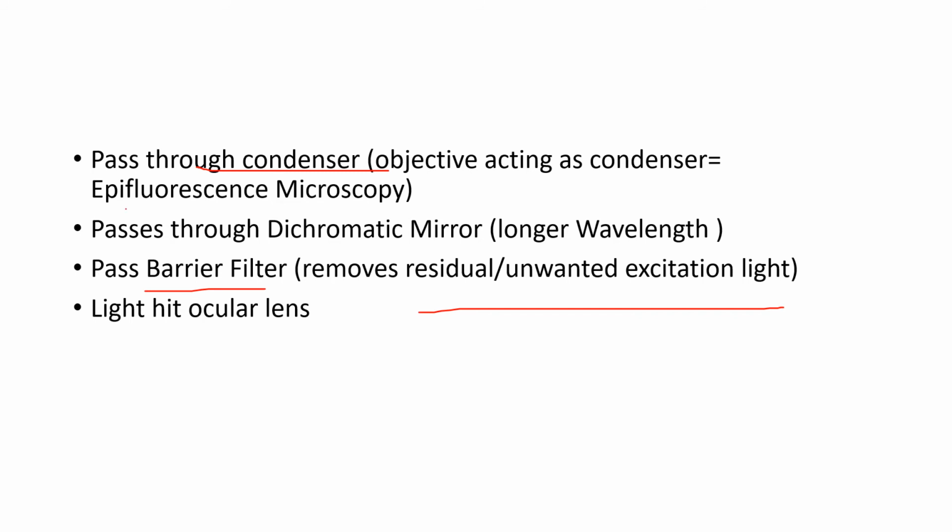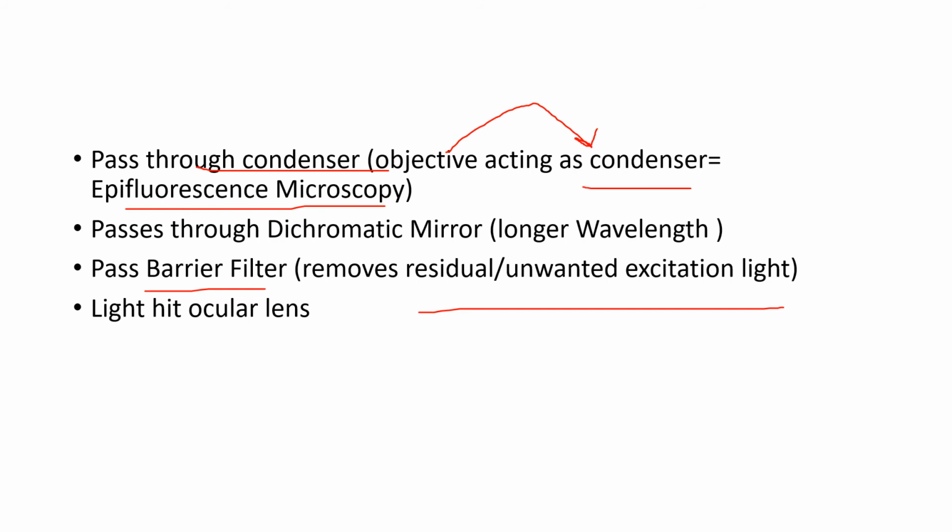Now what is epifluorescence microscopy? When I said that light rays hit the specimen through the objective lens and long wavelengths are coming from the condenser, here we are using the objective lens and condenser alternatively. So when light rays are passing through the lenses and hitting a specimen, those lenses become objective lenses. And when light rays are coming from the specimen and hitting our ocular lenses, those lenses become condenser lenses.